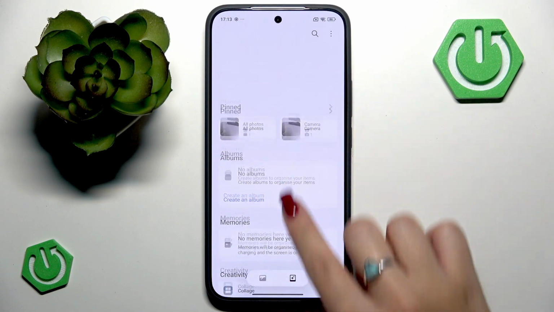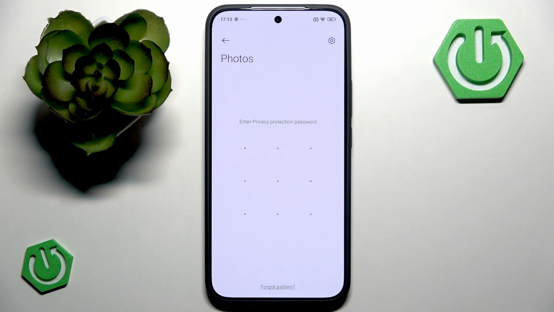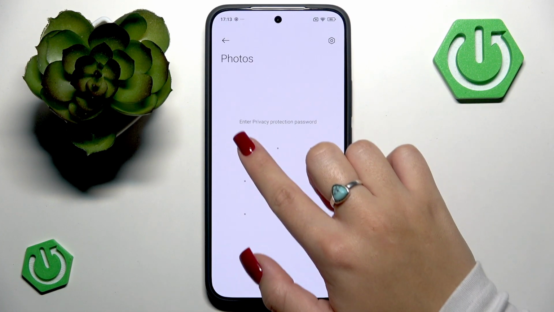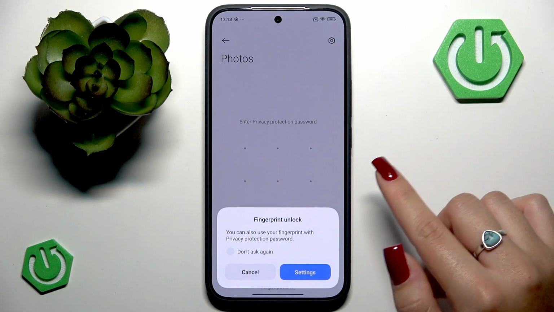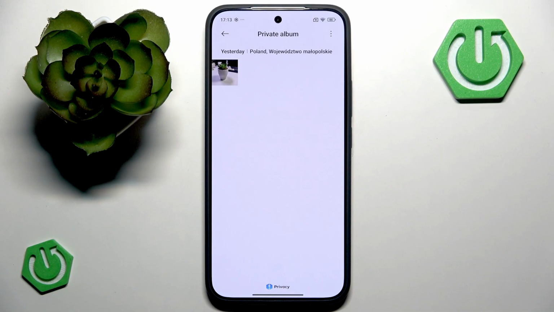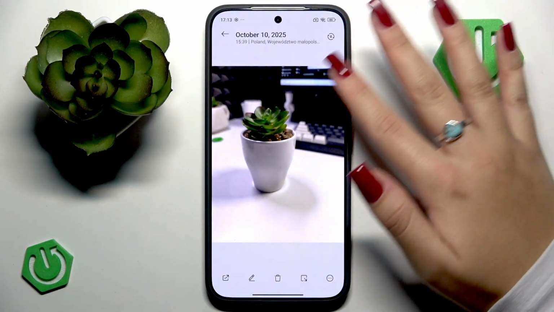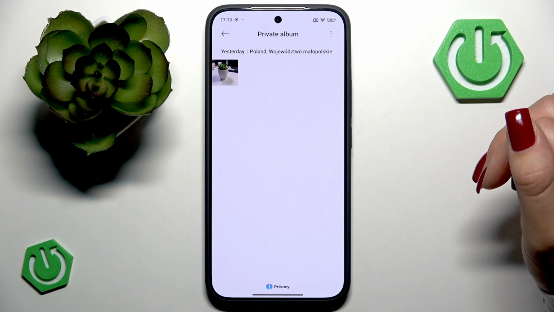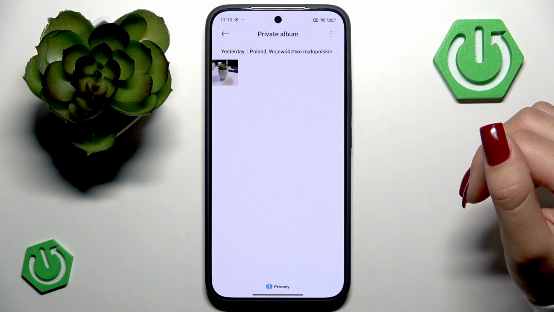So let me show you once again, like this. And now you want to enter your privacy protection password with your pattern, and boom, this is your private album. So yeah, here you can review every single photo that you have ever hidden,